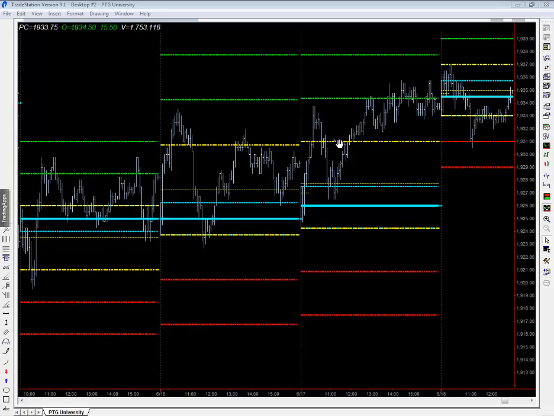These become initial boundaries for the market to probe up and then test, and we use those as markers as the day unfolds to determine whether or not the market has